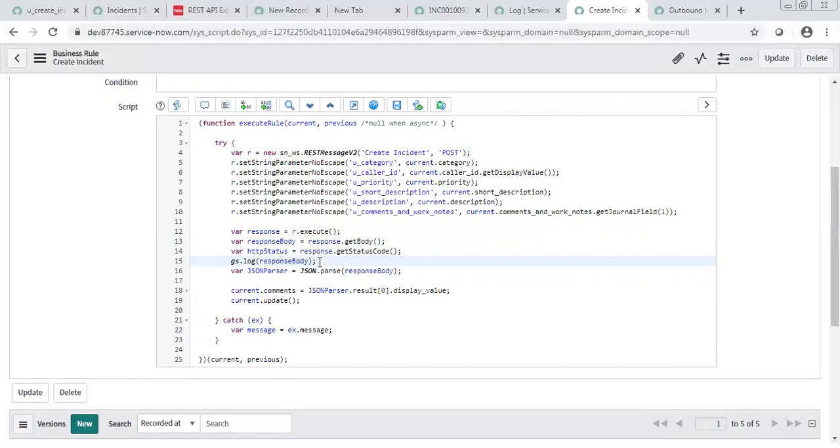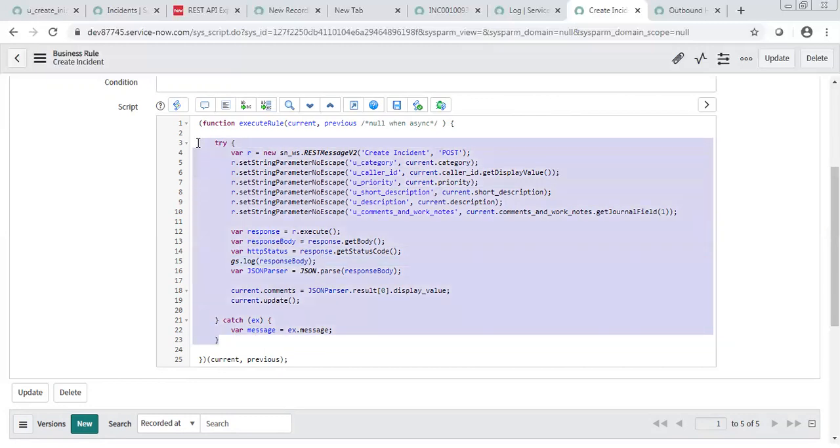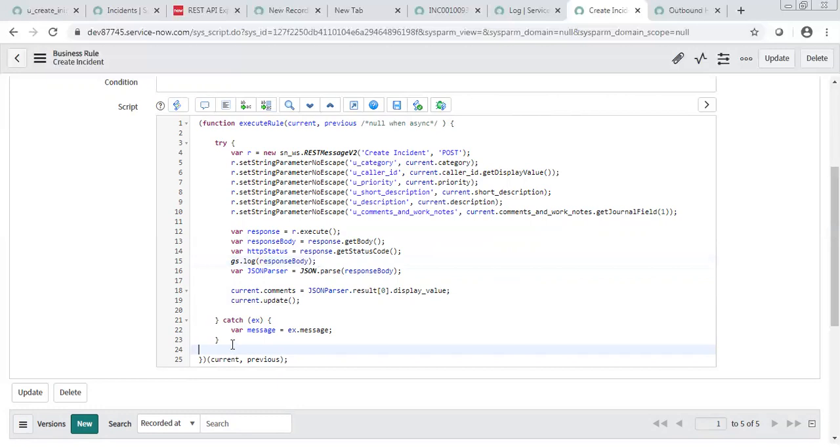I thought inbound is the first, import set, and there are two categories, inbound and outbound. No, outbound is altogether different. Outbound is something where you are going to consume the web service. Why I switched from the inbound and converted to the outbound here is because we designed the inbound web services, and a similar kind of web service will be designed by another tool, and you need to consume it as a service now. How you can consume that as a service is what I was trying to say.